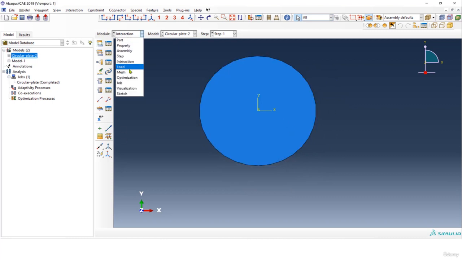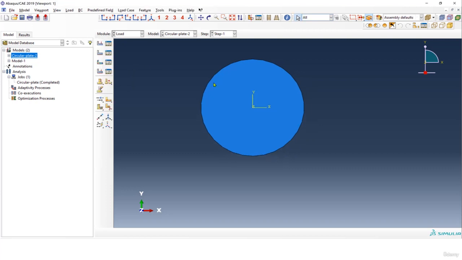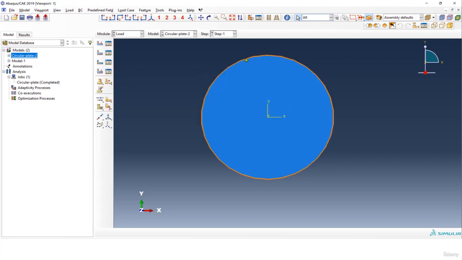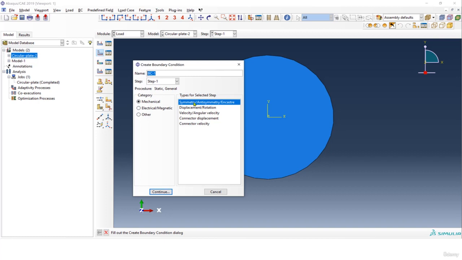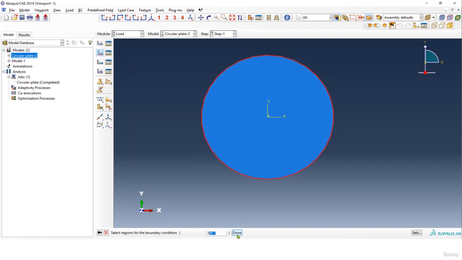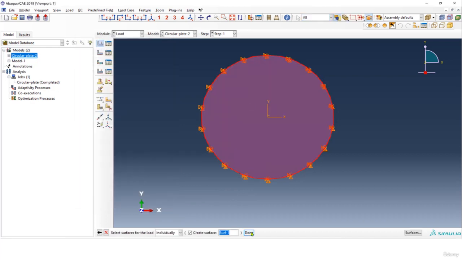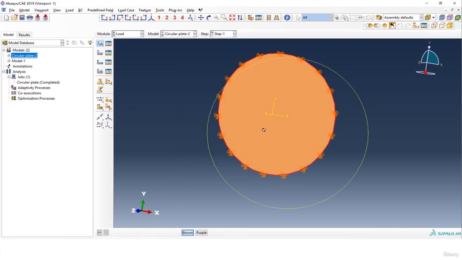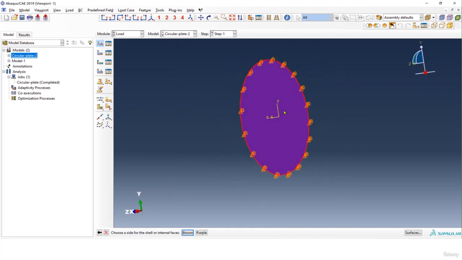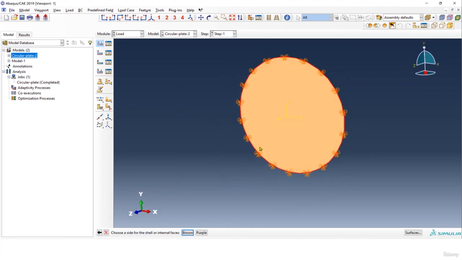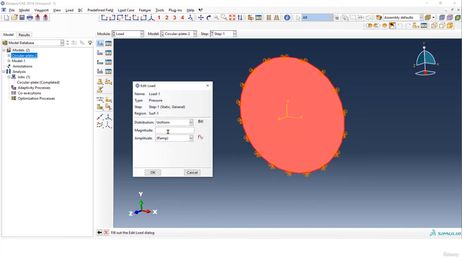And then the load section. So first I need to fix the edge, so I'll do that by going to the first option, click on this, and I'm gonna pin this one, click on OK, and then I'm gonna apply pressure to the mid surface. So use a pressure, continue, select this one, click on OK, and we have to select the face. So it's a purple one and the brown one, so I'll go for brown, and I'm gonna apply a pressure